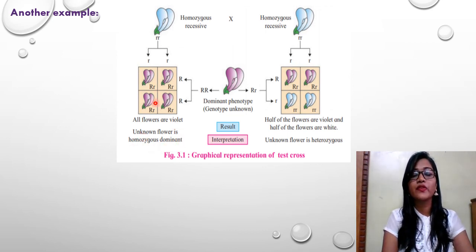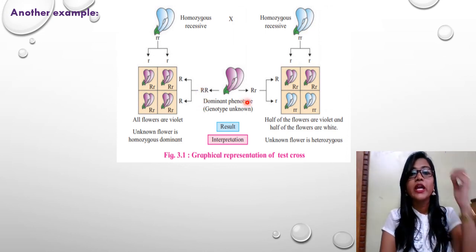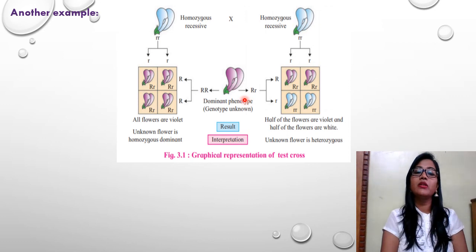In case of this type of cross, when we back cross the violet flower with the homozygous recessive flower, and if we get all violet colored flowers in the F1 generation, that results in the homozygous dominant. That means this flower is carrying a homozygous dominant type of genotype. Okay. In the next case, if the genotype of this plant flower is capital